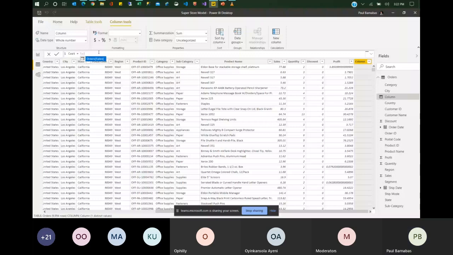Take note that the name of the table that was loaded is named orders, and we want to reference this sales column. So what it's saying is go to the table orders and the column sales. This is a definite reference of that particular column. So we've identified sales, and we want to subtract it from profit.